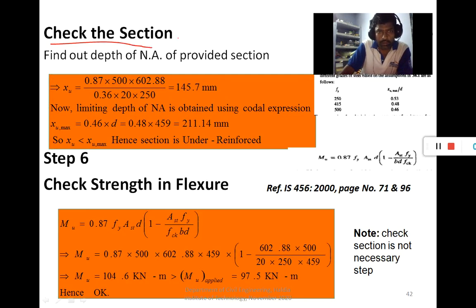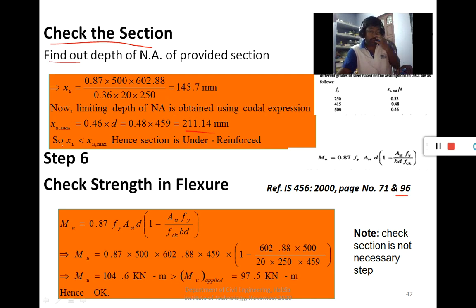Now this is not necessary, but we check the section, whether this section is under reinforced or over reinforced, because we are using the thumb rule to make the section under reinforced. So this is the check we have made: what type of section comes after giving the section we have used and the steel used. The value XU, depth of neutral axis, we get from page number 96 in Annex G. So the limiting depth is obtained using the codal expression, which is 211.14 mm.